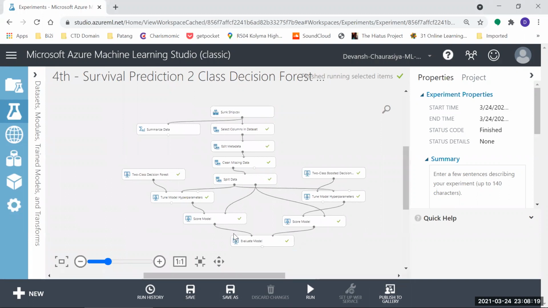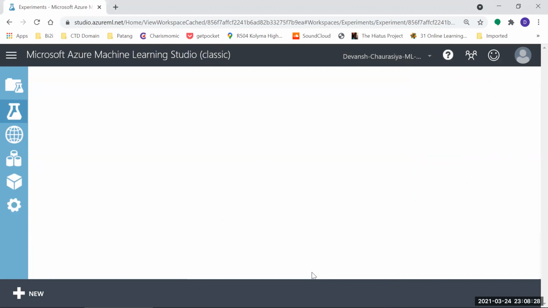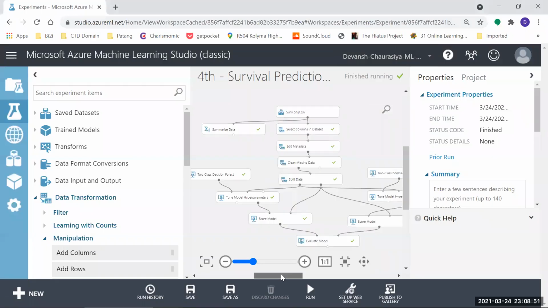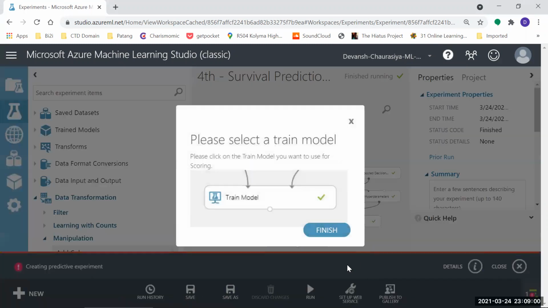I need to select this, run selected. Showing queued. Now it has finished running, and I click on setup web service, just hover on that, predictive web service recommended.